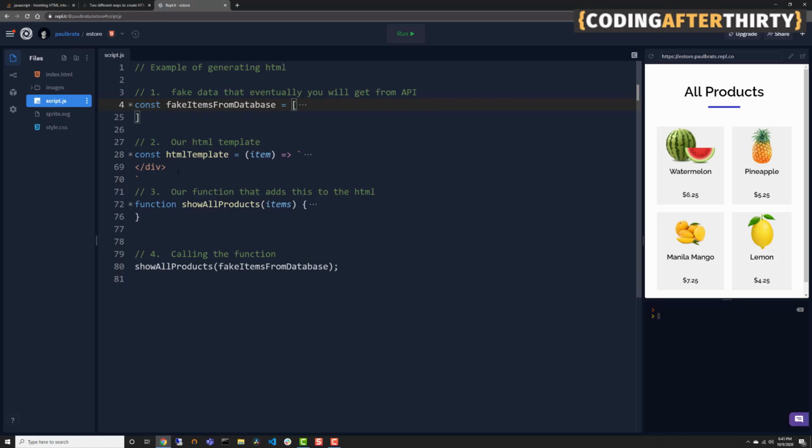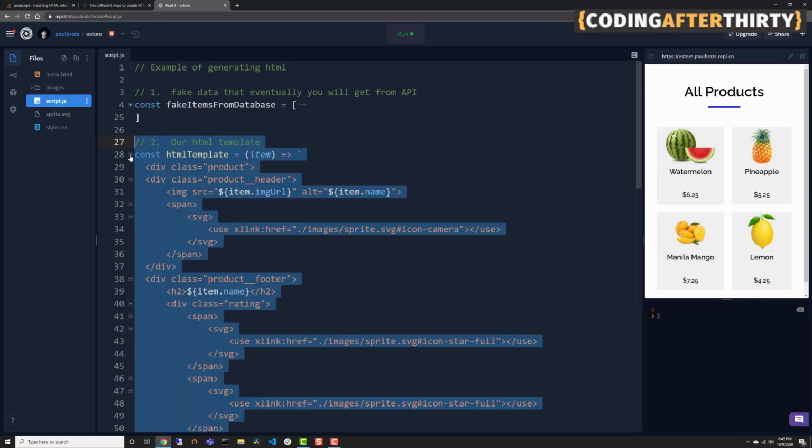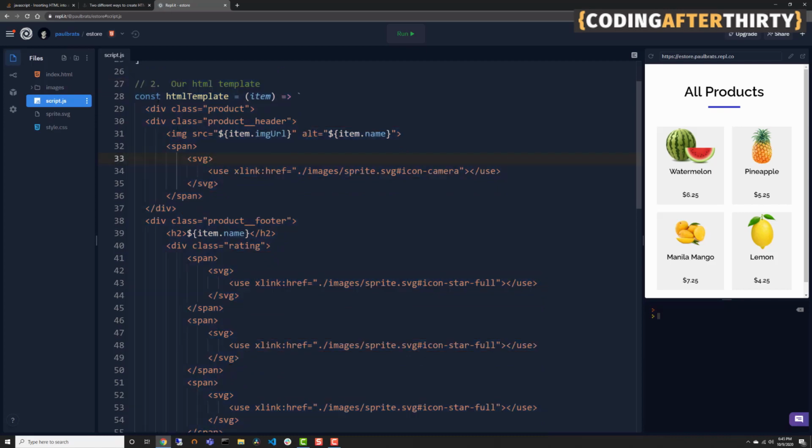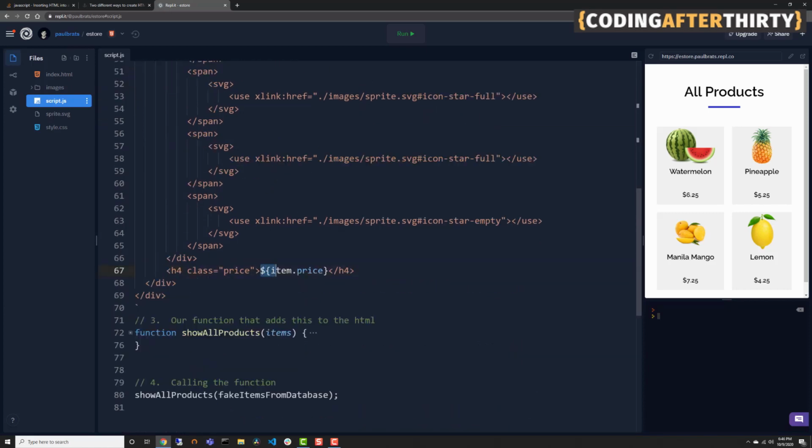Now the second step here is to set up an HTML template that displays these individual cards. So as I open up here, this is the HTML she wrote. The only thing that I did is I created a function that takes an item as an argument. And you could see here, we use the string literal, so we're able to insert our items like item.imageURL, item.name, and item.price into our